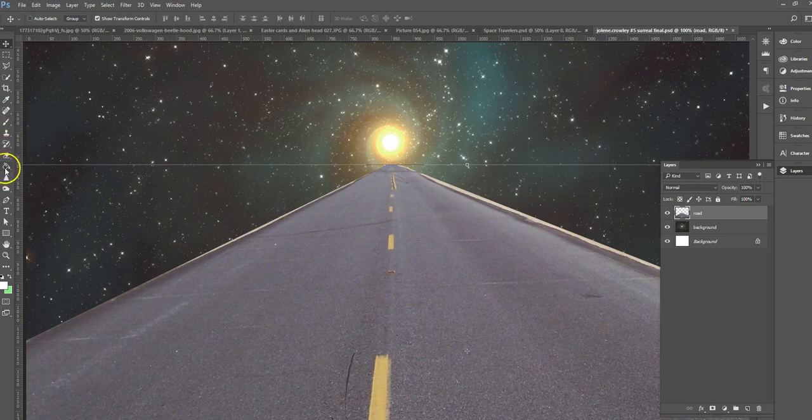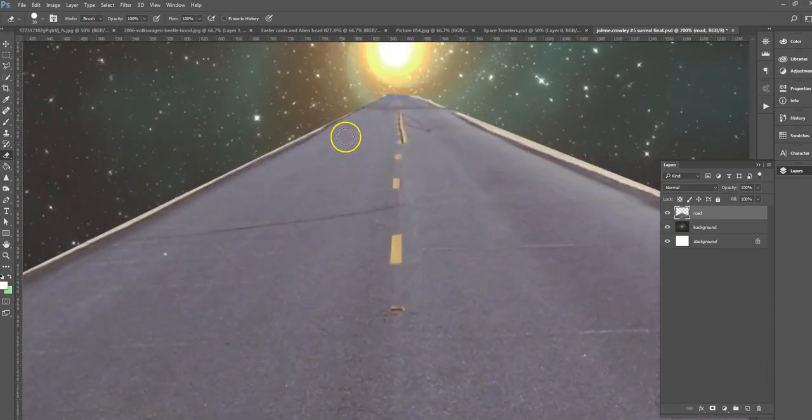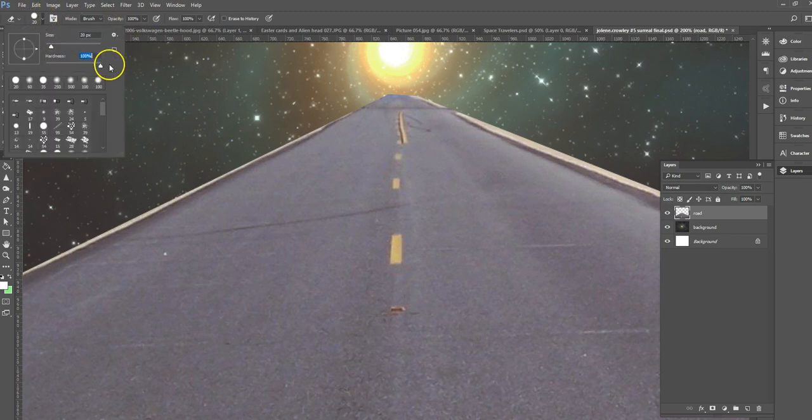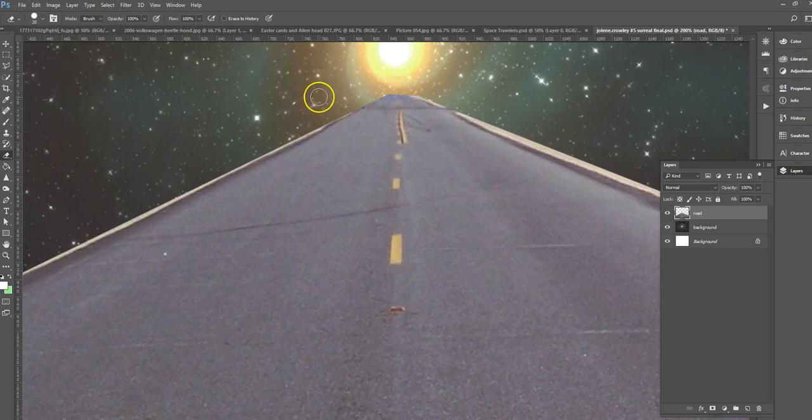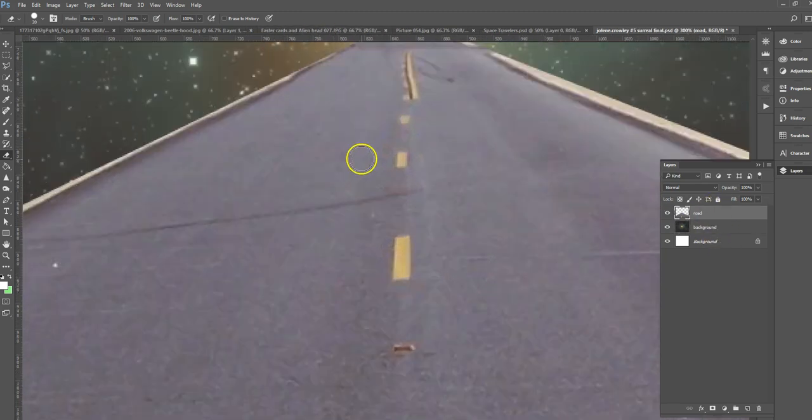So I'm going to grab the eraser tool, which is right here, and I want to make sure that I have a nice clean line. So I'm going to go up here and make sure that the hardness is all the way up to 100%. And right now the size of the brush looks pretty good to me. I'm going to start working with that and see how it works. And I need to make sure I'm on this layer, because if I'm on this layer, watch what happens. Now I'm erasing the background layer. I'm going to do Command Z and then make sure I'm on this layer, because this is the layer that I want to